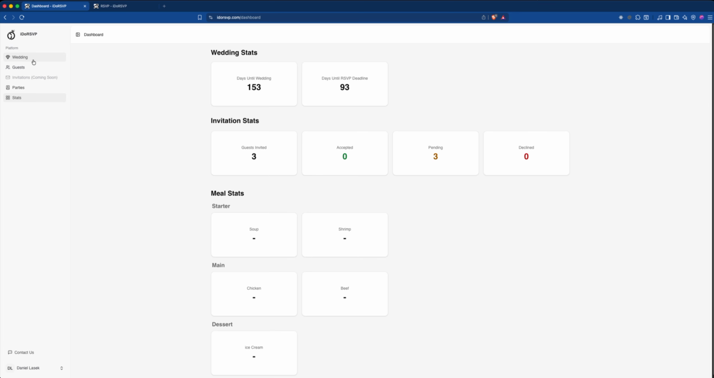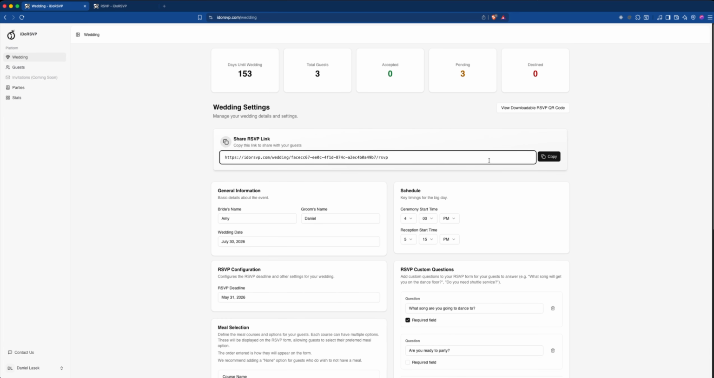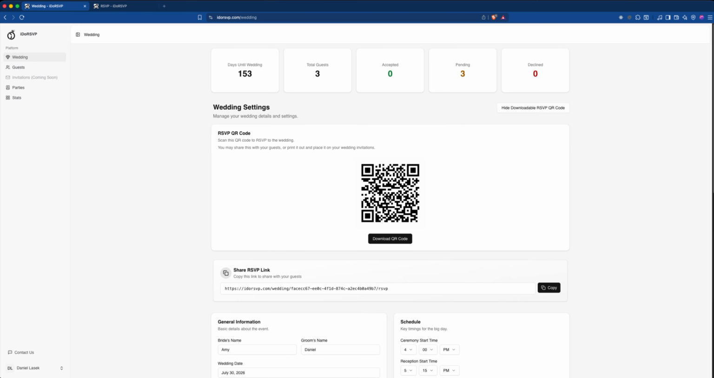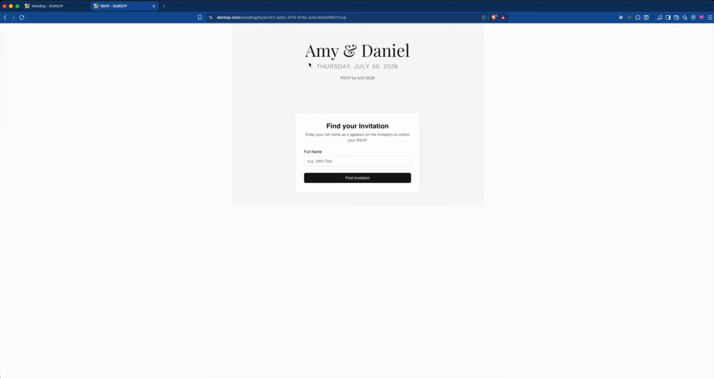So now, let's say you can also have a QR code. Let's say on your wedding invitation, you send everyone a nice letter to their mailbox. You paste this RSVP QR code in there. Now every guest can scan it. Once they scan it, they'll end up on this page, which will say Amy and Daniel and the wedding